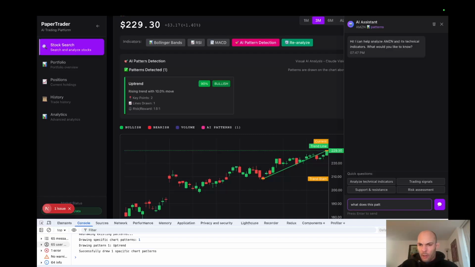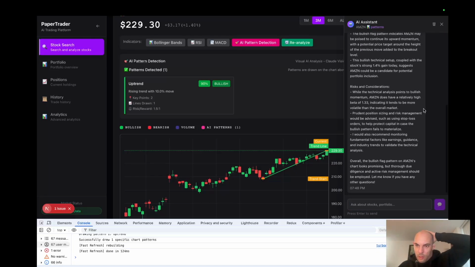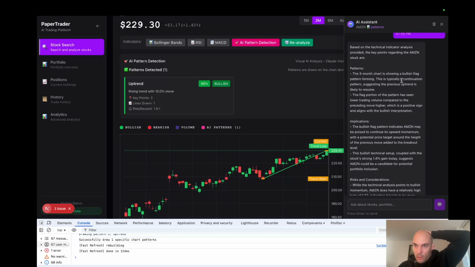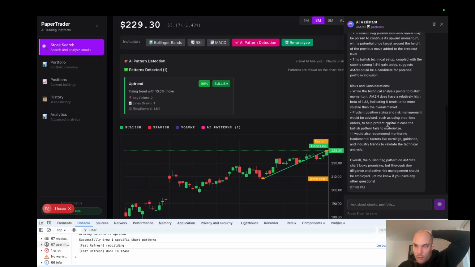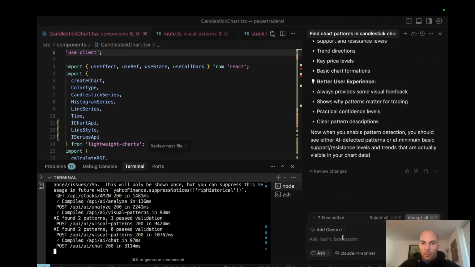What does this pattern mean? Does it even see it? Based on the technical indicators analysis patterns. Okay, so I don't even know. It's really seeing it. It's close, but I need to have it be able to tell me where these